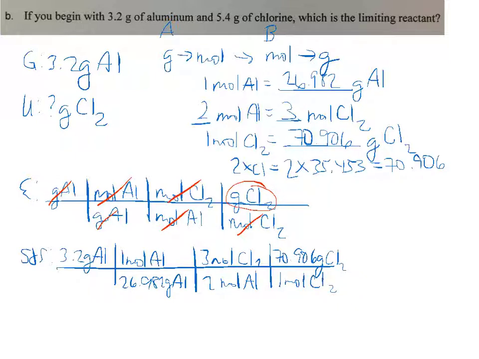All right, so then it's just a matter of doing the math. There's two different ways you can do this. You can either multiply straight across the top and get a number and then divide that by what you multiply straight across the bottom, or you can do what I like to do, because then it's just one step, where you understand that everything on bottom means divide and everything on top means multiply. So you can go straight through this problem. 3.2 divided by 26.982 multiplied by 3 divided by 2 multiplied by 70.906. It's doing the same thing, but you can do whatever works for you. So if we do that,